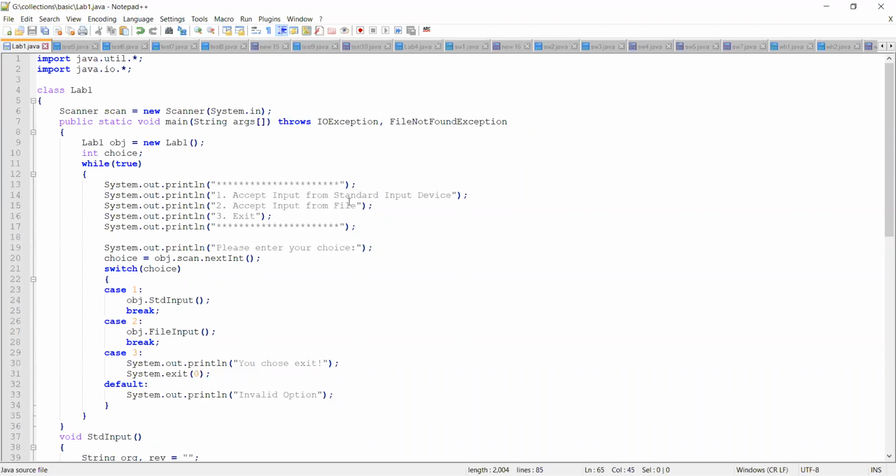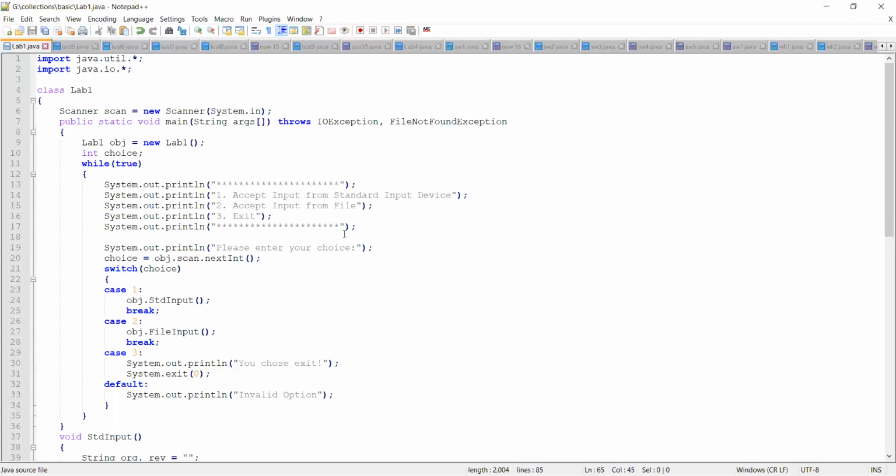So finally, after execution of the second option in your first program, however many names are there in the input file, all the names should be in reversed order, and those reversed names should be part of your output file. The first option is reading the data from the standard input device, reversing, and writing to the standard output device, that's the monitor. The second option is to read the data from the file, reverse it, and write the reversed data back to the file.